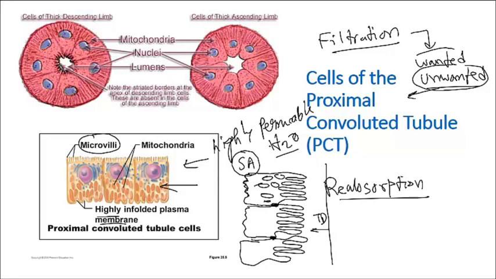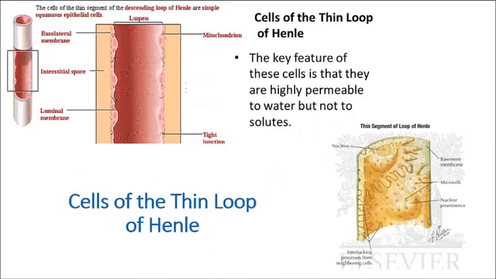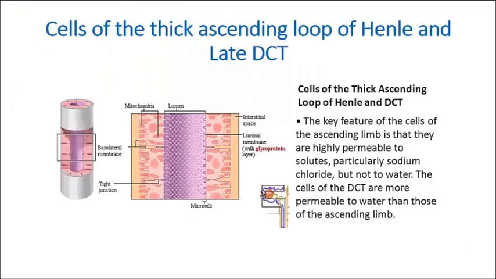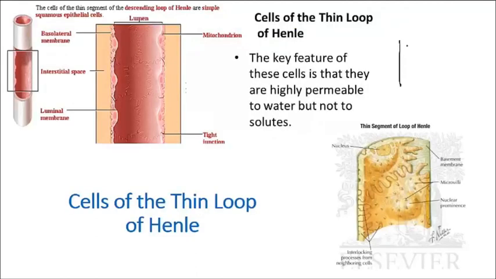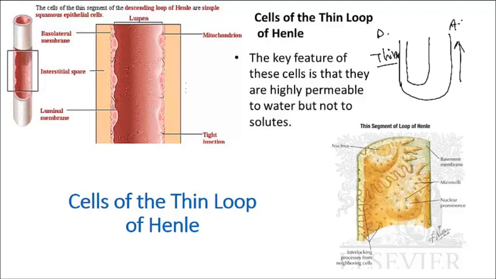Now if you zoom in and look at the structure of the cells that are present in the loop of Henle, there are two sections of the loop of Henle. There is a descending limb, and another one is the ascending limb. The descending limb is thin, though in this picture I haven't drawn it too thin, but still compared to both of them, this is the descending limb, the thin loop of Henle, and this is the ascending limb of Henle. This is the thicker version of the Henle's loop structure. This structural difference also plays a vital role in the separation of important nutrients and solutes from this